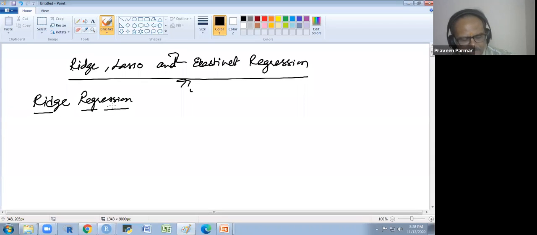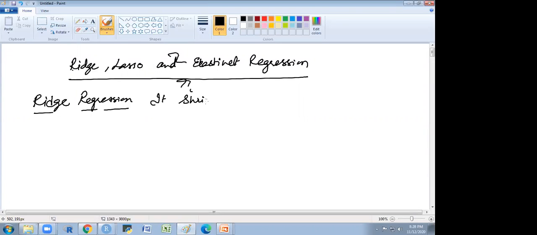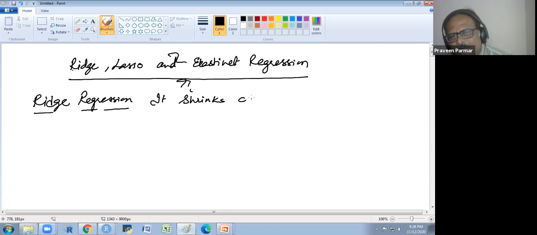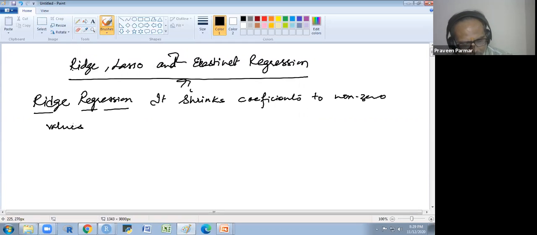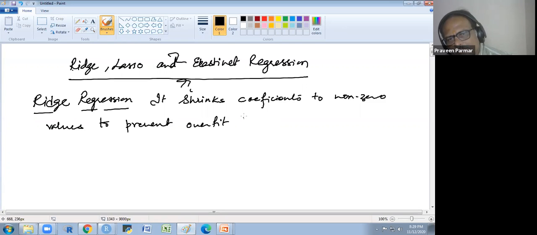Ridge regression. It shrinks the coefficients, you know, beta 1, beta 2, beta 3, to non-zero values to prevent overfit, but keeps all variables.